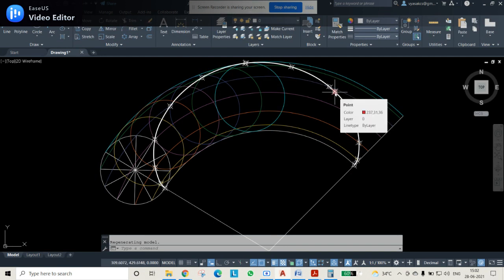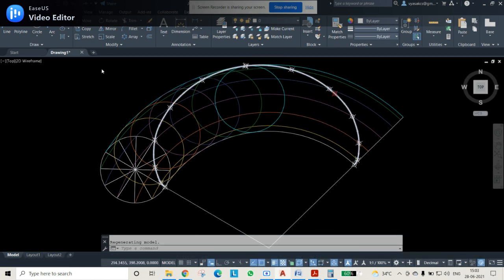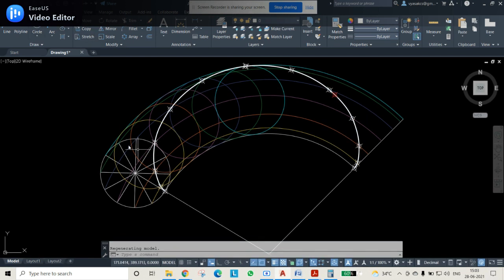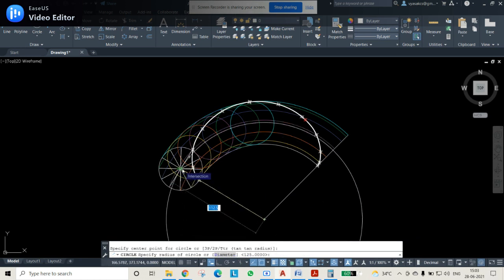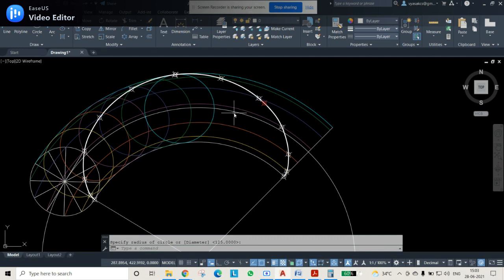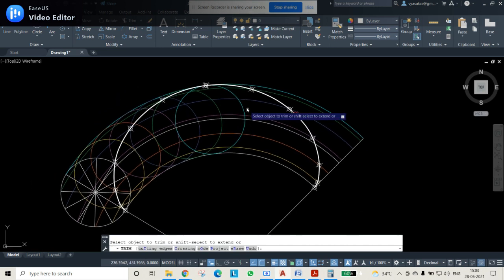Now, as in the cycloid case, here also we'll draw a curve of radius half of the radius of the generating circle, and the intersection point of that one and the center line will be considered. But here the center line is not yet drawn. So first draw the center line, that is select a circle and use this as center point. Exactly up to the center you have to select it and draw. So you can see the center line is perfectly different from other lines. Be very careful. Don't think that the center line and the 9-3 line are the same, whereas in the cycloid's case they will be the same. Okay, this is your center line.